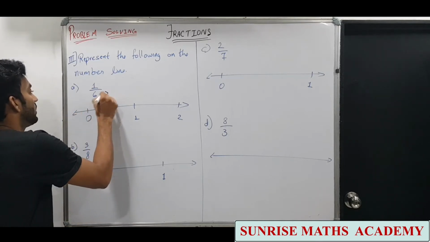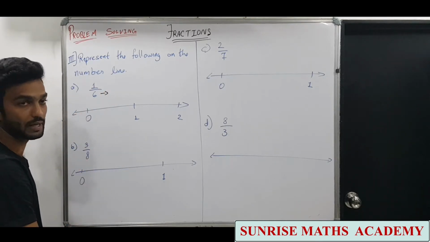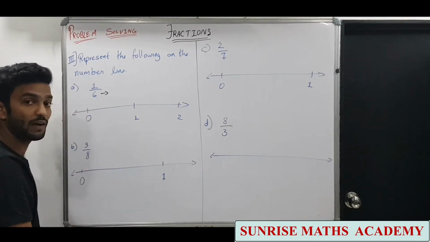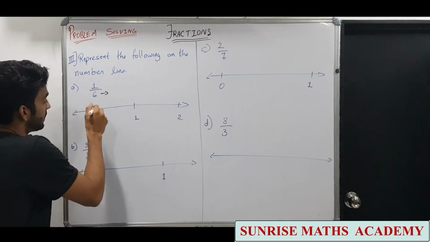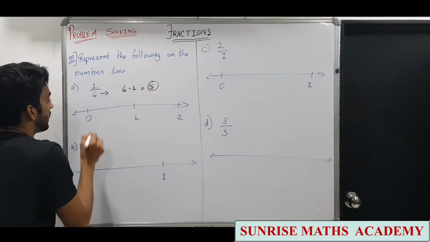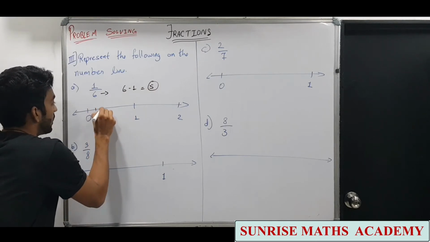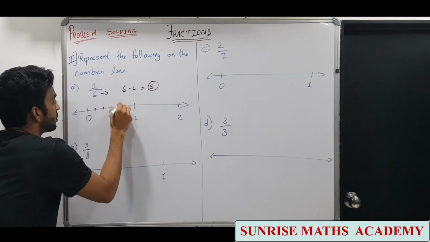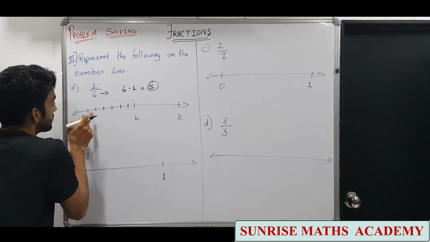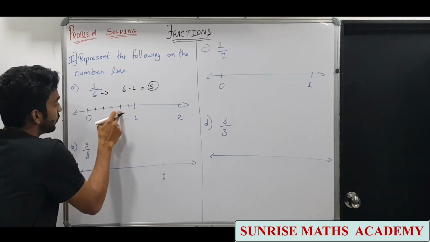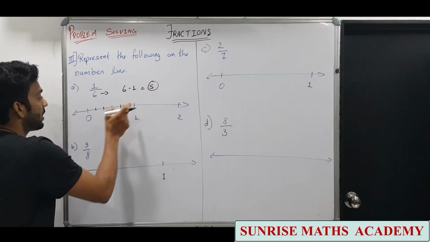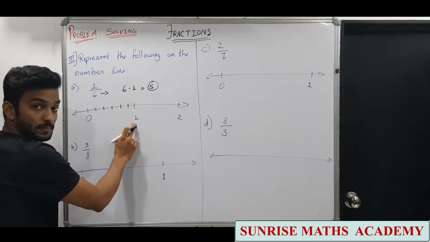And the denominator shows that how many parts will be there between 0 and 1. So denominator is 6, means we have to have 6 parts, but the lines that we will be making is 6 minus 1, that is 5 lines. So we make 5 lines, 1, 2, 3, 4 and 5. Now 6 parts, when I say, this is the first, second, third, fourth, fifth, and this will be the sixth. So therefore, if denominator is 6, we will make 5 lines. 6th line is this.